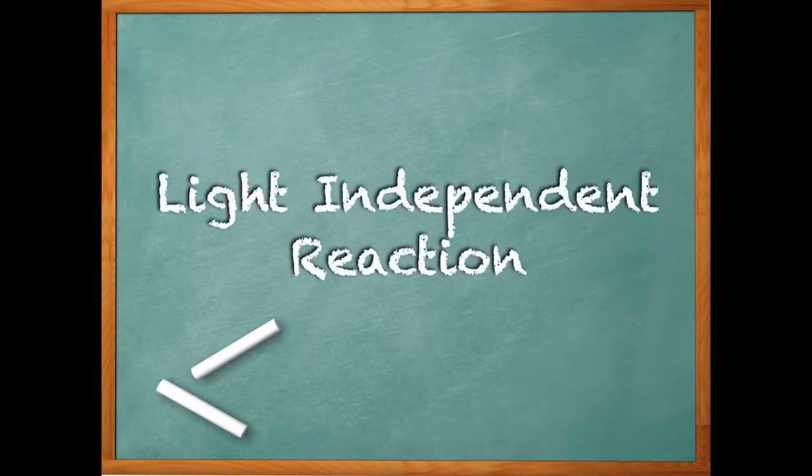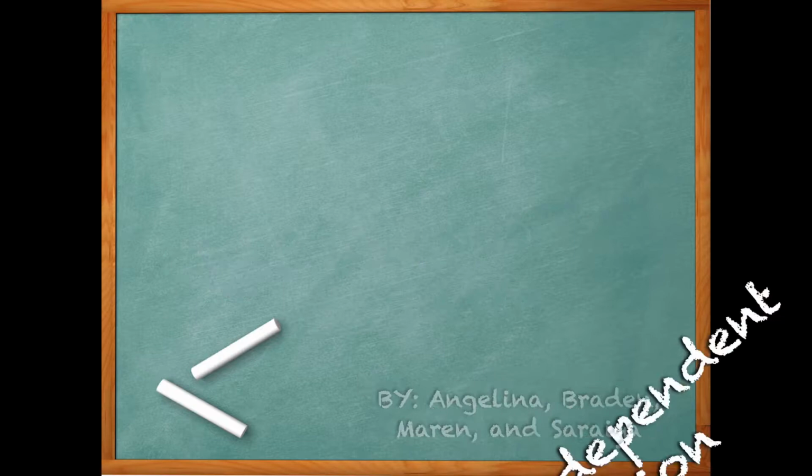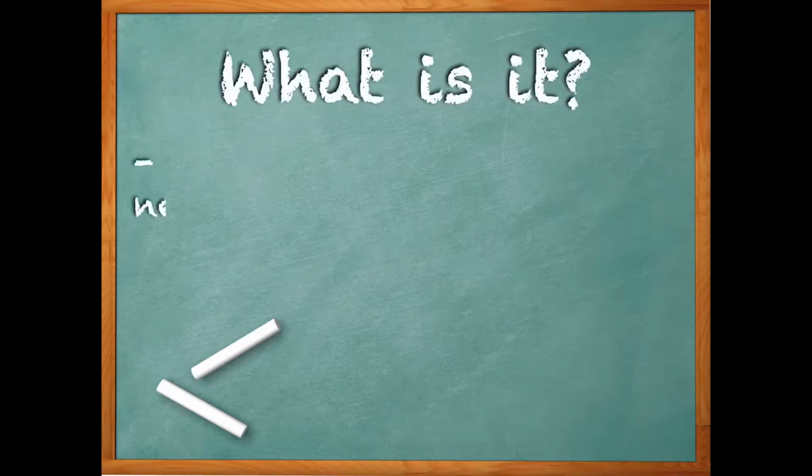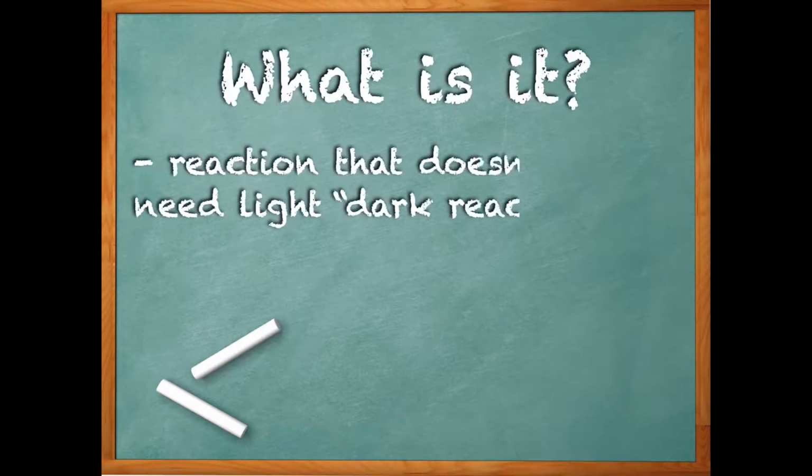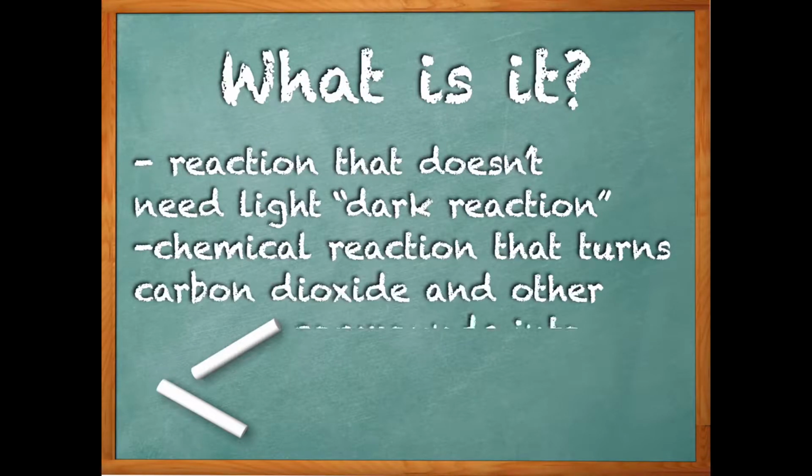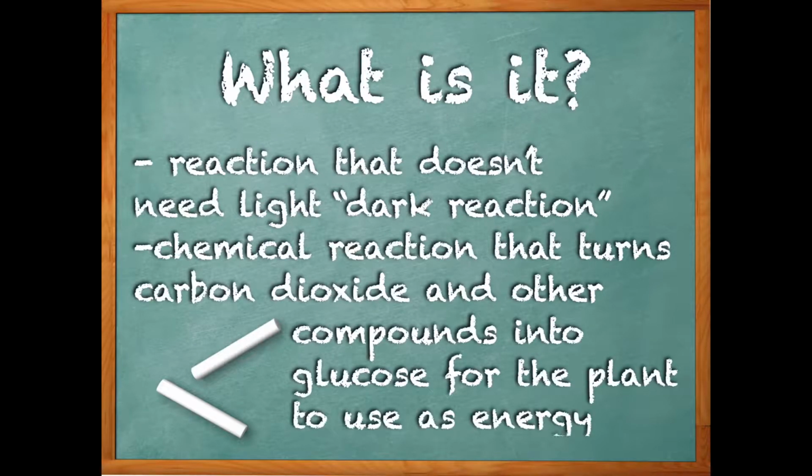Today we're going to be talking about light-independent reactions. What is it? We are going to be talking about and explaining the process of the light-independent reaction. The light-independent reaction is also known as a dark reaction. Dark reactions are chemical reactions that turn carbon dioxide that we breathe out and other compounds into glucose, which the